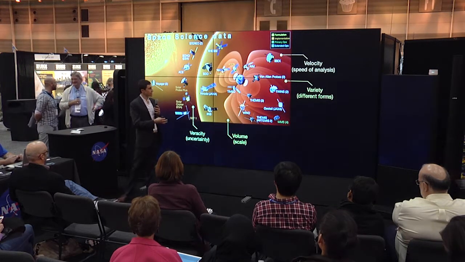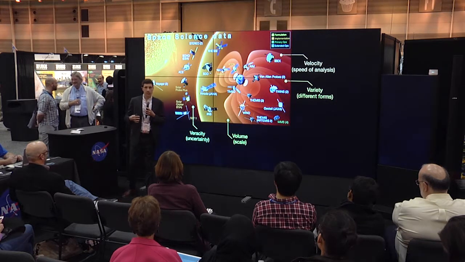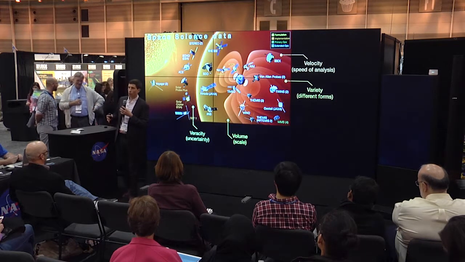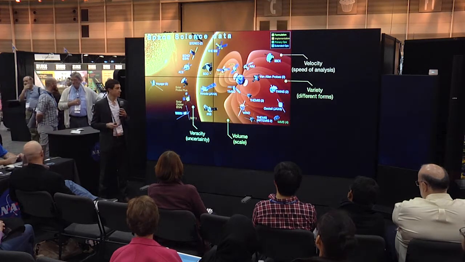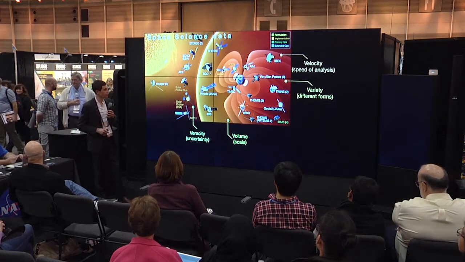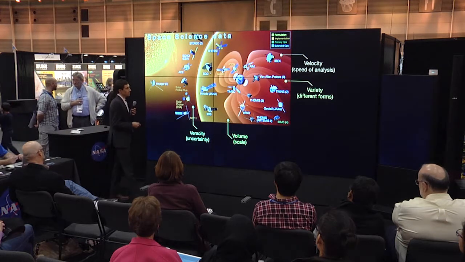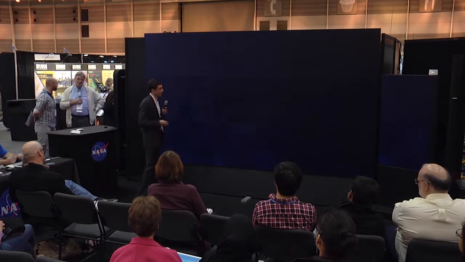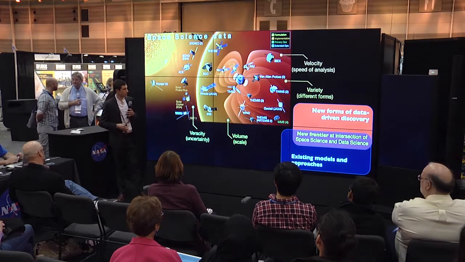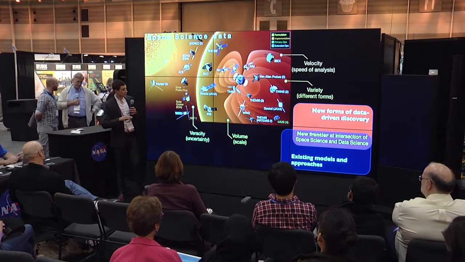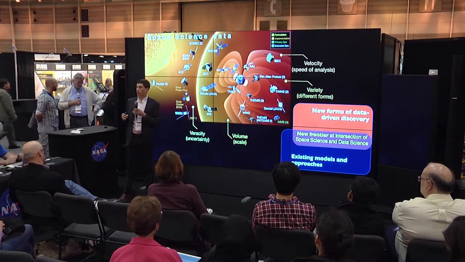And so now that heliophysics is in this new frontier, this changing data landscape, we have to understand how we must shift how we study heliophysics in order to generate new discovery. And so that's the new message that we've arrived at. And essentially, what we've been talking about and developing in this field is that heliophysics has to become a discipline